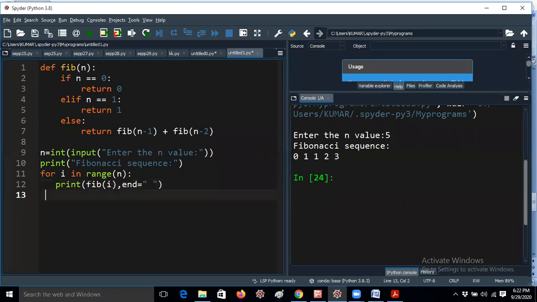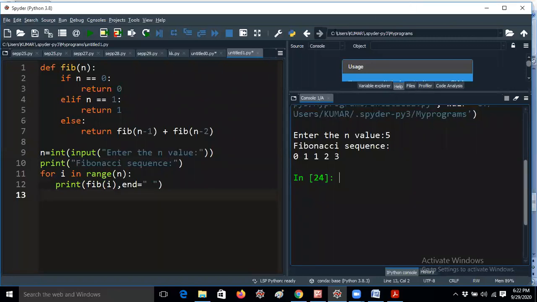But some students may ask, sir, if I give 10 I get 10 terms in the sequence, so what will happen, sir, if I give -1? The question itself is wrong. There is no Fibonacci series for -5, so how can you give -5? That's the reason you should always think in a positive way, then only you can give a positive value. Don't give negative values like that. So you can remove that line also.